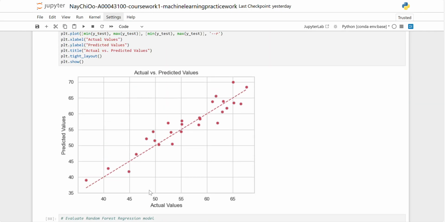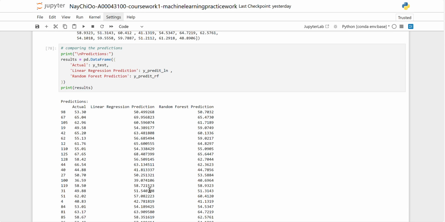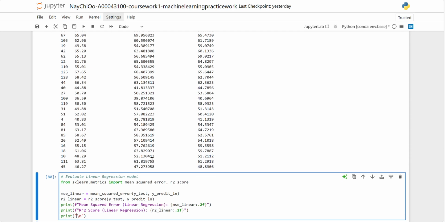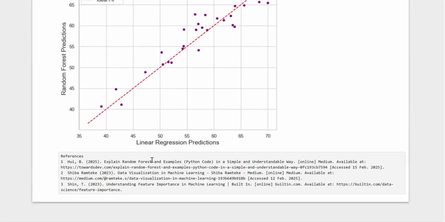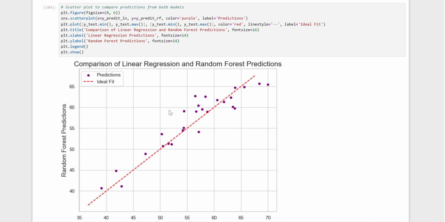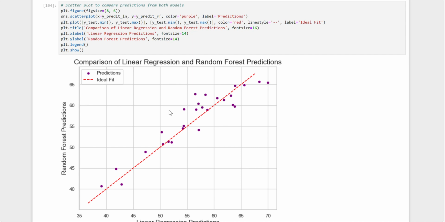As a final step, I incorporate the test results and visualize with the scatter plot. This is the prediction comparison of the linear regression and the random forest regression. This is the comparison table. And as the last, this is a scatter plot for the both-model prediction comparison. That helps to understand how well the model predictions match the actual values. And we confirm that